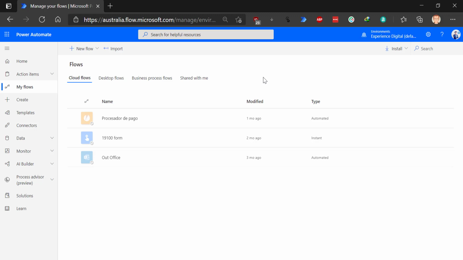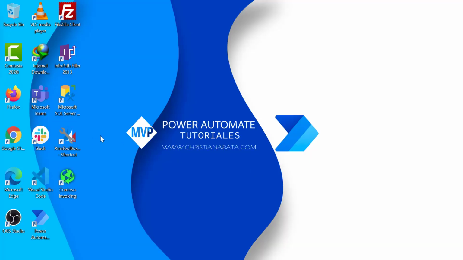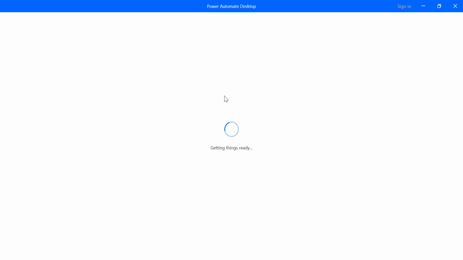So you can double click the exe, and then you are going to see a wizard that is next, next, next, and you can install Power Automate Desktop. Once you have installed Power Automate Desktop, you're going to see here the shortcut, and then you can open it. So in this moment I am opening Power Automate Desktop, and again the way to know that you have a